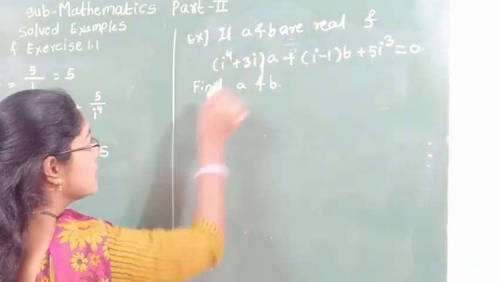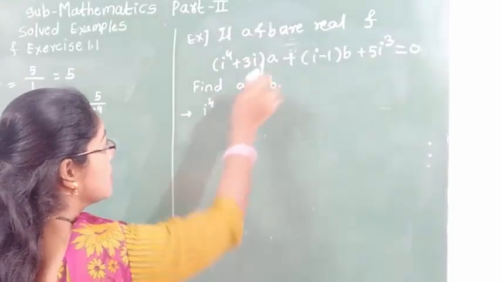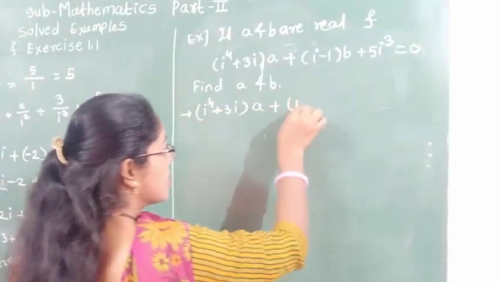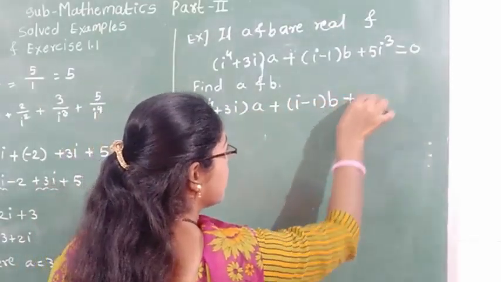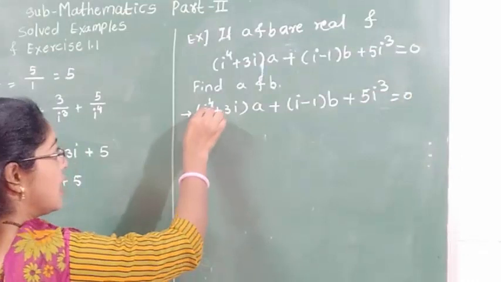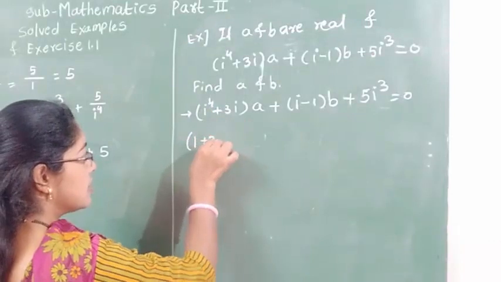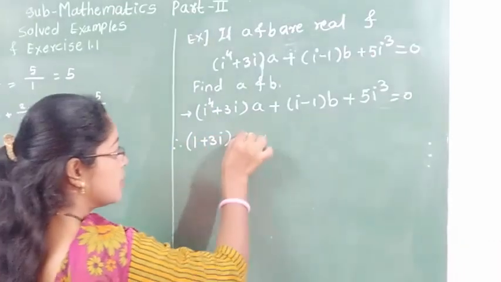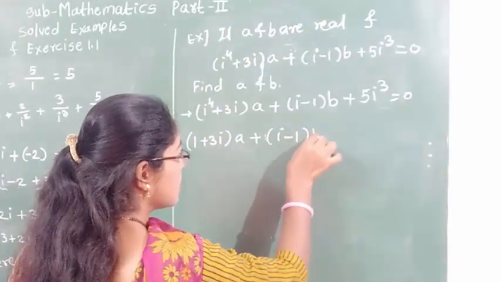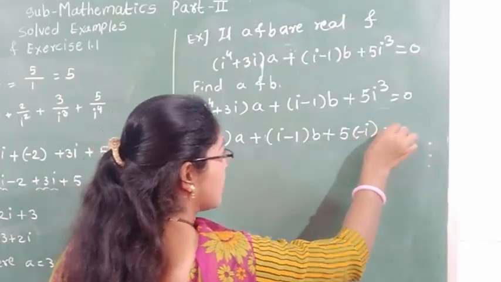So we have an equation i raised to 4 plus 3i into a plus i minus 1 into b plus 5i cube is equal to 0. i raised to 4 is 1 plus 3i into a plus i minus 1 into b plus 5i cube is minus i is equal to